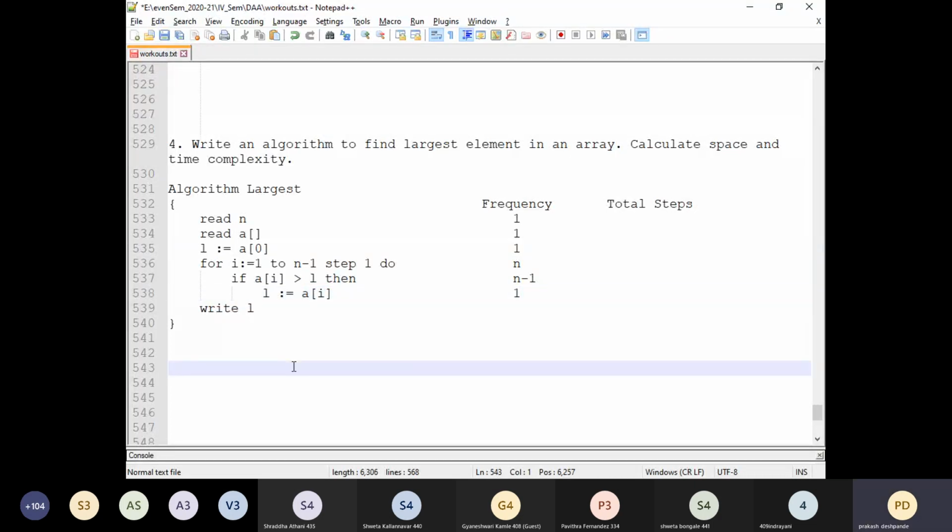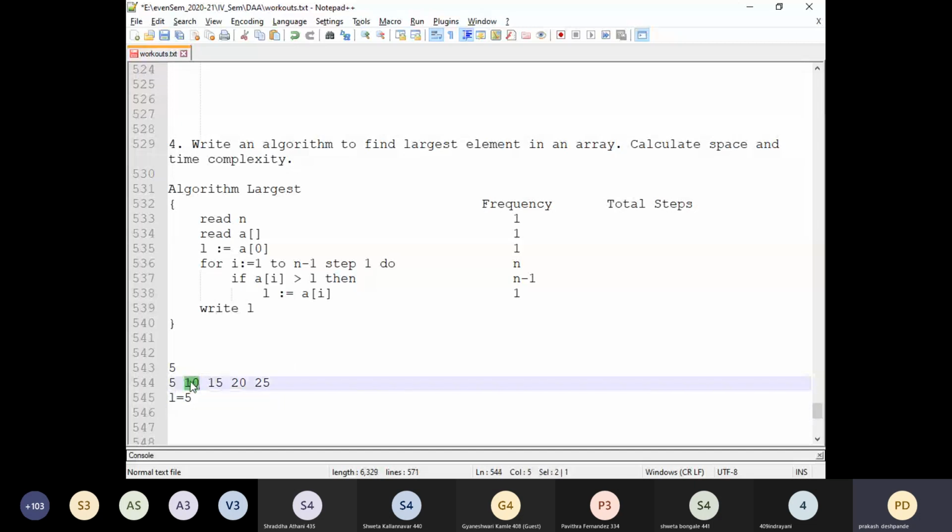Okay. Now let us see here. For example, there are 5 elements. Let me take other numbers, otherwise it will confuse you: 5, 10, 15, 20, 25. There are 5 elements. Now assume that we have assumed L to be the first element, that is 5. Now we have to repeat from what? We need to compare this element with this element, then compare this element with the next element. Like that, it will execute for true value 4 times and 1 is the false value. So total 5 number. That's why we got n here, and the true value is 1 less than that.